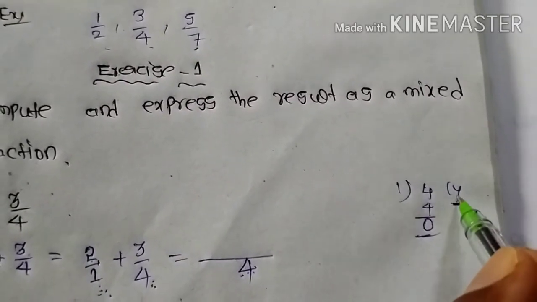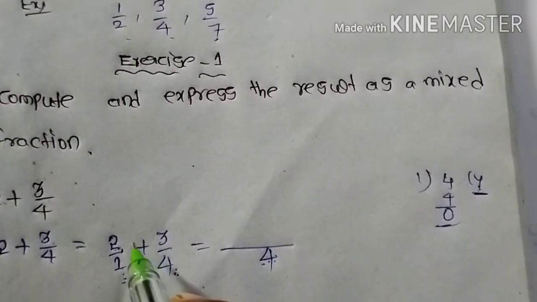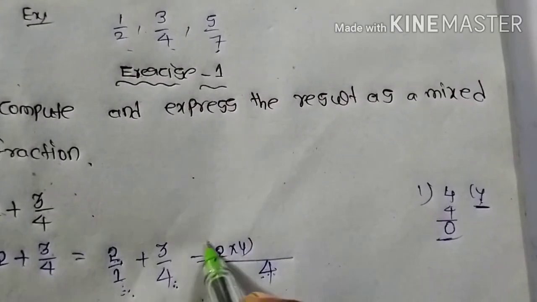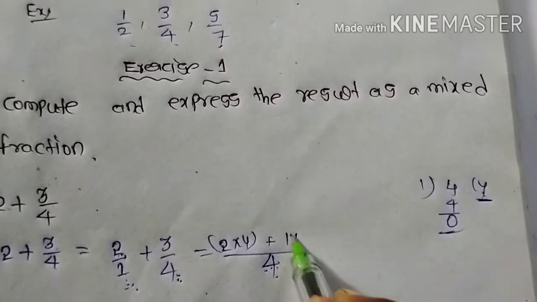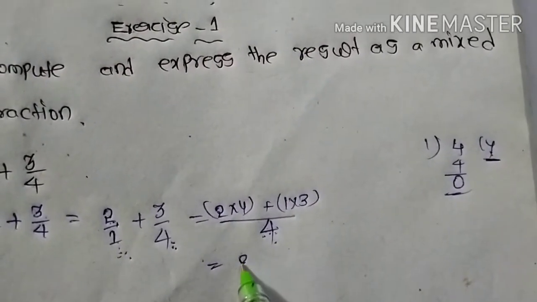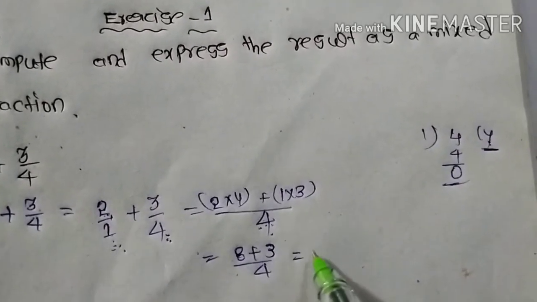With this quotient, you need to multiply with the numerator. So I am writing here 4 2 ja, 2 4 ja, 2 4 2 ja, plus 4 1 ja 4, that means 1 into 3. You need to see 2 4 ja 8, 3 1 ja 3 by 4. That means 8 plus 3 is how much?